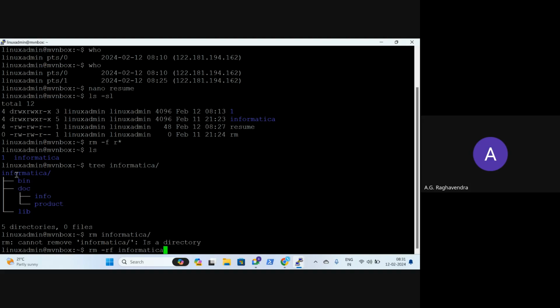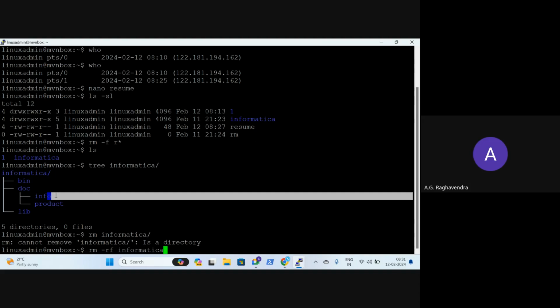Then goes back to Informatica. The last folder remaining is lib. It now goes into lib, deletes, goes to top. All the children are deleted and then the parent is deleted. That is recursive. Recursive means if there is a folder, under that there is another folder, under that another folder, you have to tell the rm command to go deep into all the folders and keep removing.